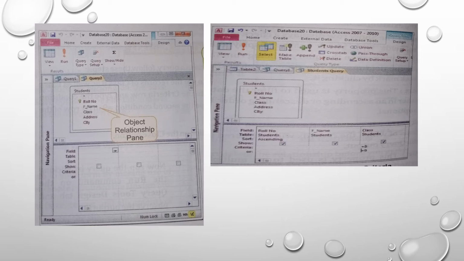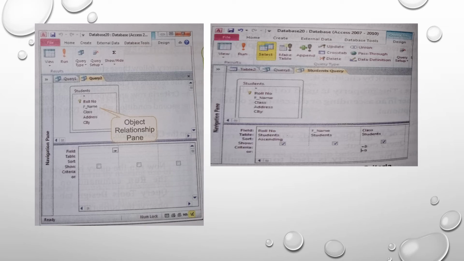Design. To select the query table, display a list of fields. Double-click on the field name you would like to add in a query. They will be added to the design grid in the bottom part of the screen. You can also add fields to the query by dragging them from the field list to the design grid.